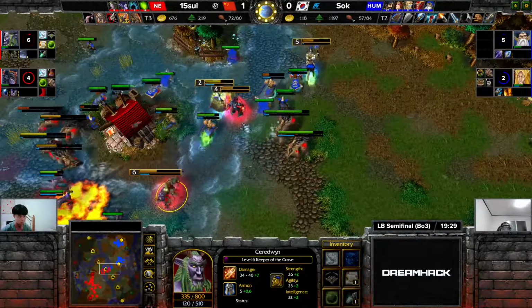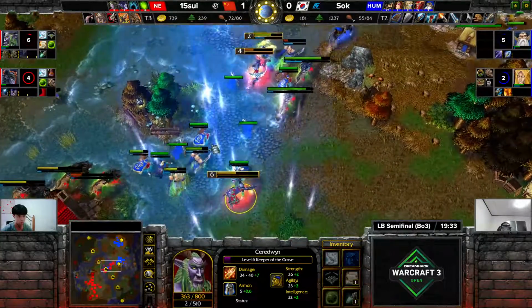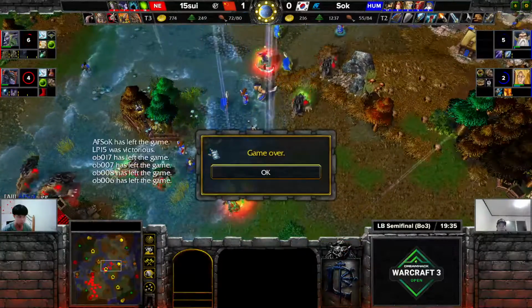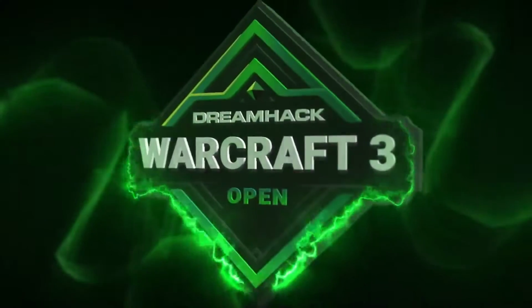Now we got Tranquility, although I think at the moment no mana has a clarity, though he's chasing forward. Getting so many kills, the Demon Hunter large and in charge. And there it is, Tranquility, to signal the defeat. Sok GG, 0-2 against 15 Sway, the first big upset, I guess we can